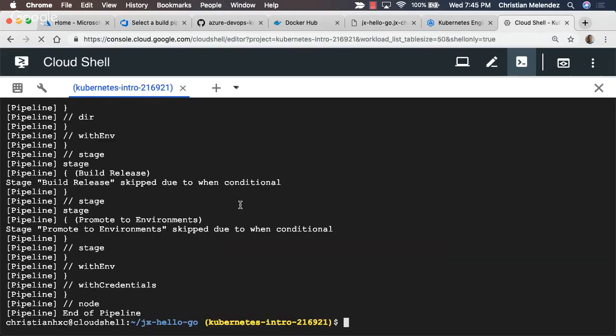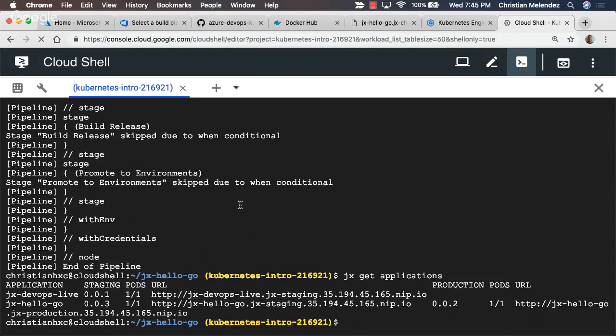So how am I sure that this is not being deployed to staging or production? You can see that I'm going to run jx get applications. It looks like the DevOps Live finished being deployed. So for the Jenkins X Hello Go, the URL for the staging environment, you can see that it doesn't have that change yet.